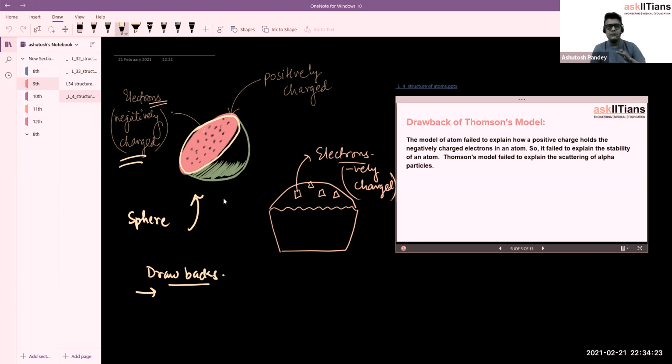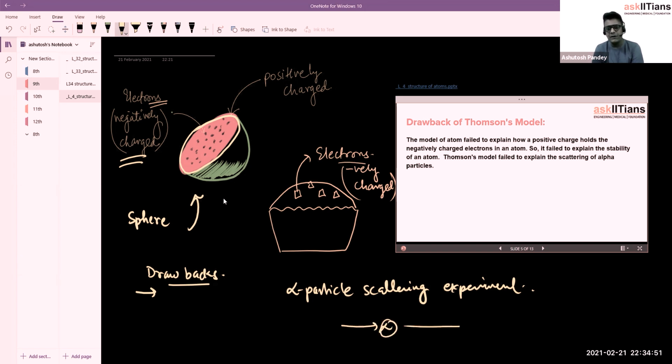this alpha particle scattering experiment has a different kind of observation. We are going to learn this in Rutherford's model. I'm just going to explain the scattering experiment. It was something where we observe that very heavy alpha particles are going to pass through this gold